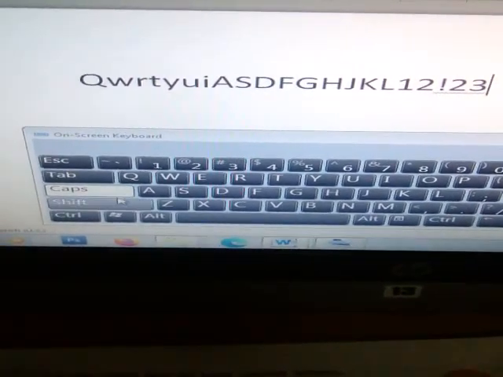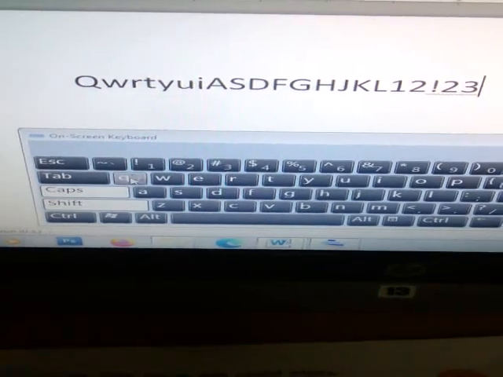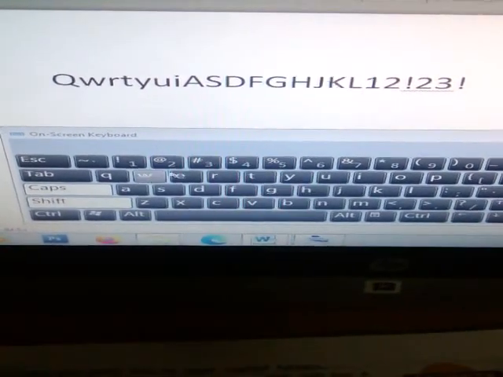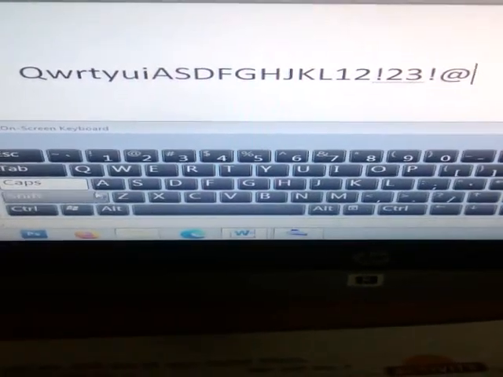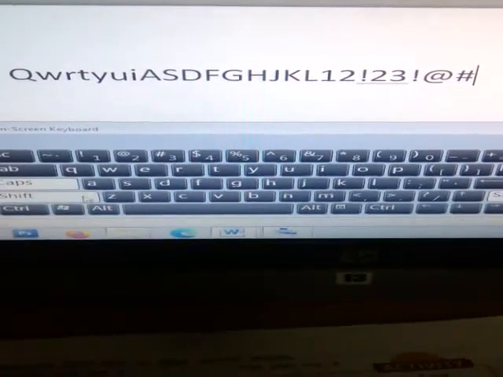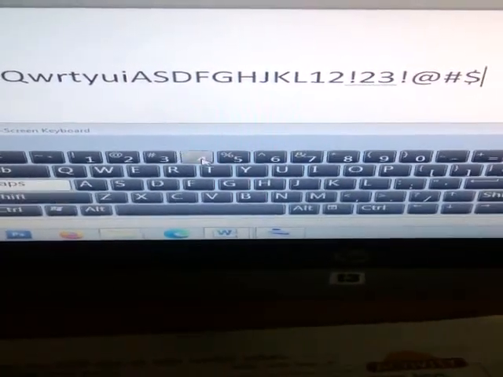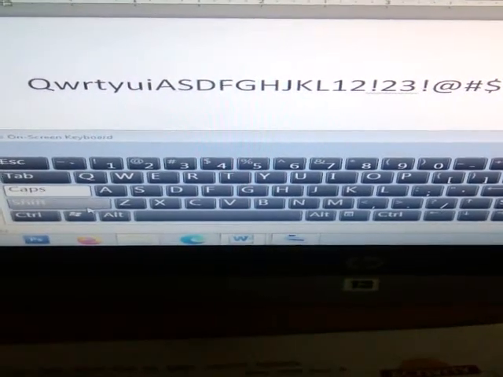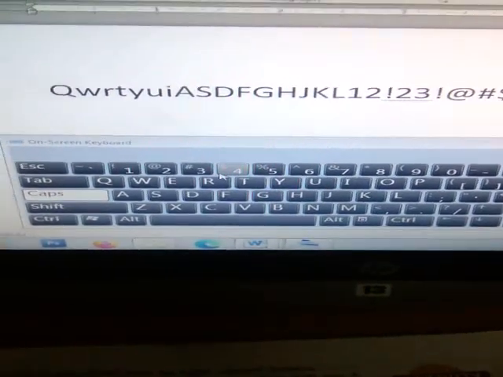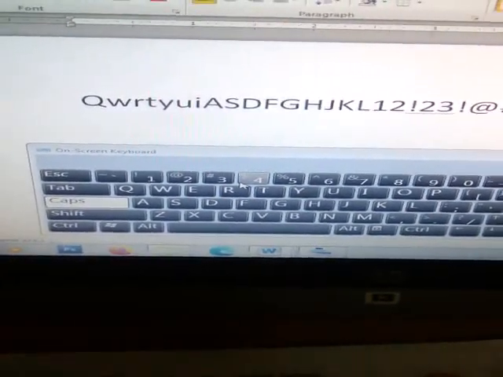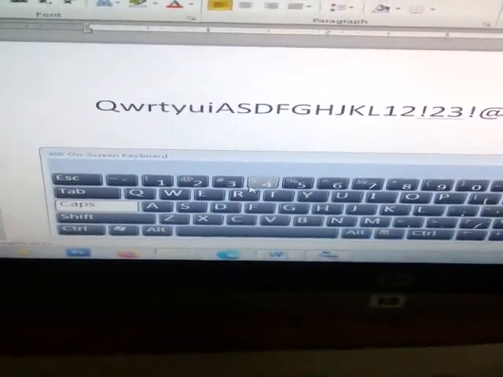Shift and 2 gives @, shift and 3 gives hash, shift and 4 gives $. Like this, the upper symbol will come with the help of the shift key.